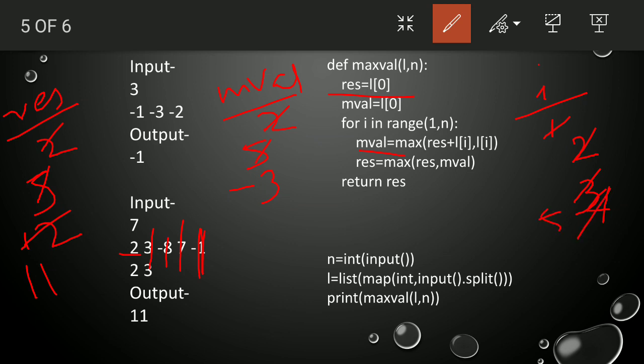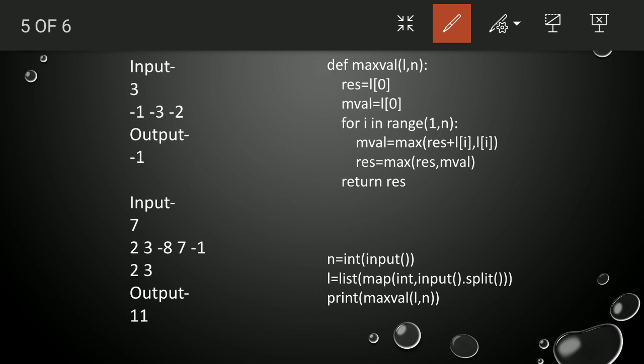Now this is your 5. So 2. So RES, that is 11 plus 2, that is 11, 12, 13. There will be a 13 one, and still I think some mistake is coming here. I will check with this input, okay. I don't know why it is coming with the wrong output.